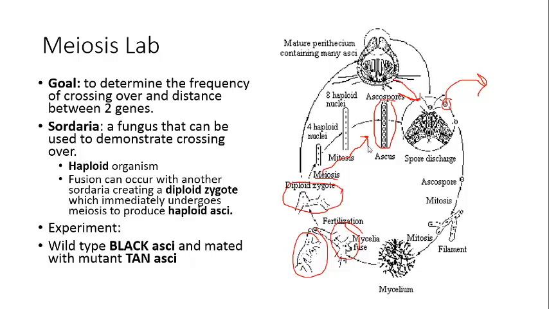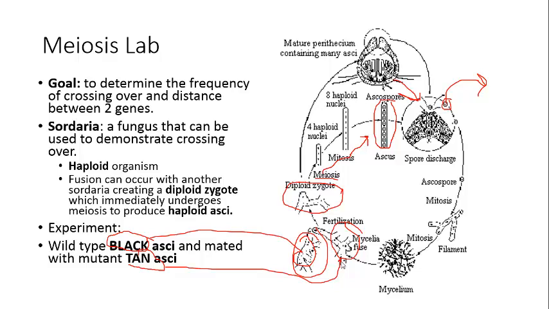Now, in this lab, we take two different types of Sordaria. One type of Sordaria, which is the wild type, the natural type, is black, and the black Sordaria produces black spores. So we could pretend that this one right here is the black Sordaria. The other Sordaria is a mutant. It is tan, and it produces tan spores, and we could pretend that this one right here is the tan Sordaria. When the two fuse together and they create the diploid